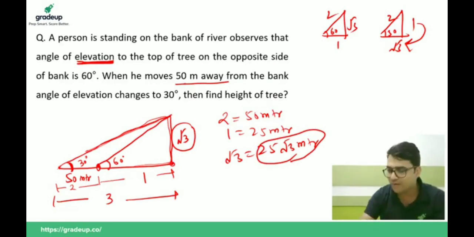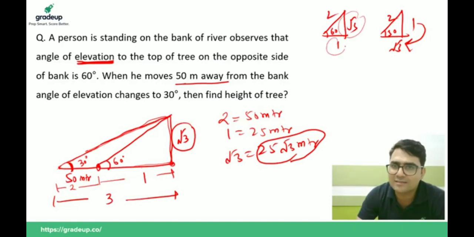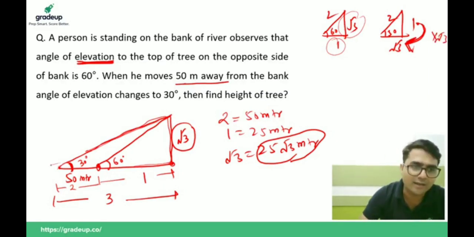Guys, whenever you don't have any side of a triangle, just assume the basic lengths. Naresh, please try to understand this. If in the 30-degree triangle you are having this 1, and you have to find root 3, what will you do with 1? Obviously multiply by root 3. If you are having root 3 here in this 30-degree triangle, what you have to do? You have to multiply this root 3 by root 3, you will get this 3.